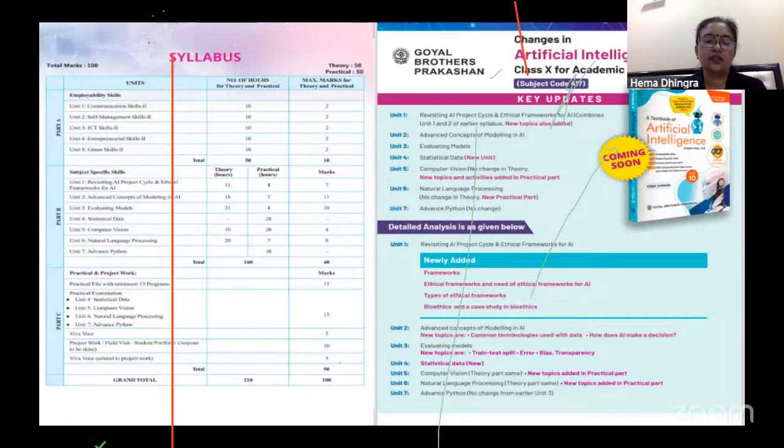Please send the WhatsApp link again. Some teachers would like to see that again. So this sums up everything about the new syllabus. So not much change in the theory, apart from that unit 4 statistical data which we are talking about, but that also is covered in the practical portion. So as I had shown the syllabus clearly,